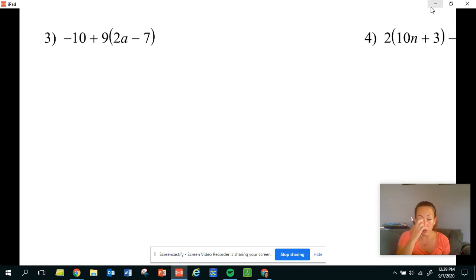Another example, whenever you have extra stuff, you're going to distribute first. So I'm going to do the parentheses first. So I'm going to multiply by 9. Okay, so I'm just going to bring down the -10. And then 9 times 2 gives me 18. And I got to keep that attached. And then 9 times -7 is,